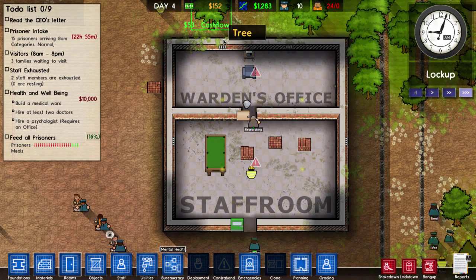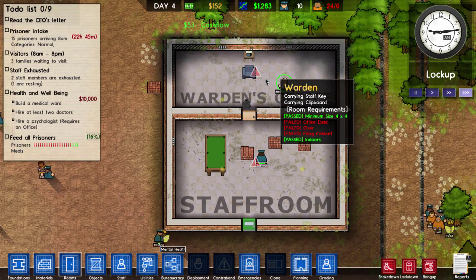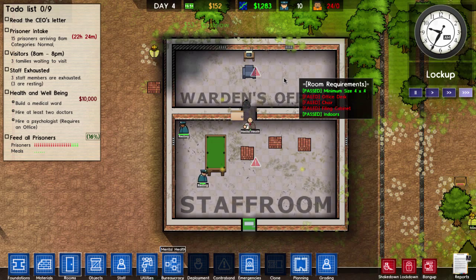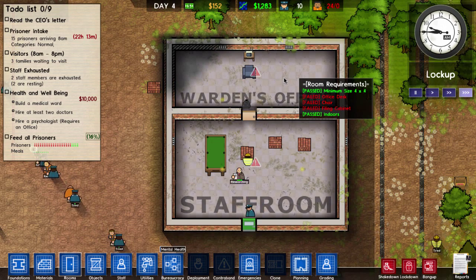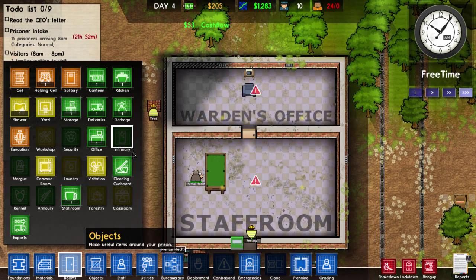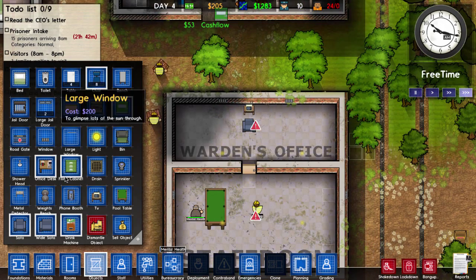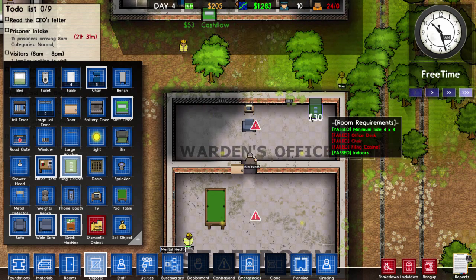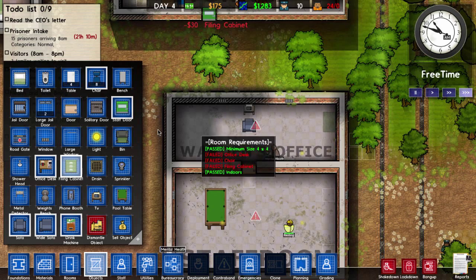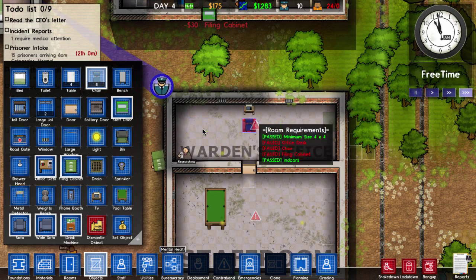And let's keep time going, because we need that cash flow to still be good. We're actually gaining more money now than we were in the past, so that makes me happy. We need a filing cabinet. Actually, no, we don't even need to handle it that way. Let's just go to objects. That'll make it really easy for us. So we need a filing cabinet. We'll make this wall the filing cabinet wall. We only need one, probably. And then his